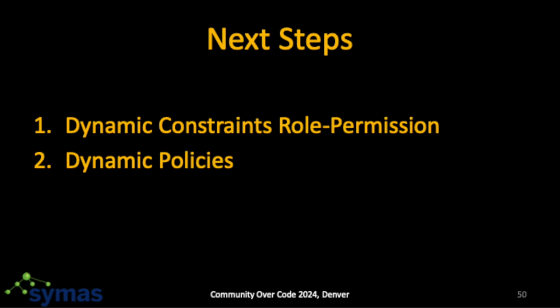Next steps. Fortress did it in the user to role activation phase. Like I said, that's kind of nice. We could also do it in the role permission step, and that's even better. So then you can have things like limits, like, hey, you can only do this if the amount is less than $500, that kind of thing. I haven't done it yet because nobody's asked for it. Until somebody asks me, I'm not going to do it, but I could at any time.